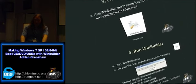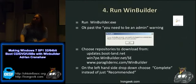Okay, after you got all that stuff configured, you can actually run Winbuilder for the first time. It's going to give you a warning about needing to be an administrator. Heed it if you're not an administrator. If you are an administrator already, you should be good to go. As soon as you get it up and running, it's going